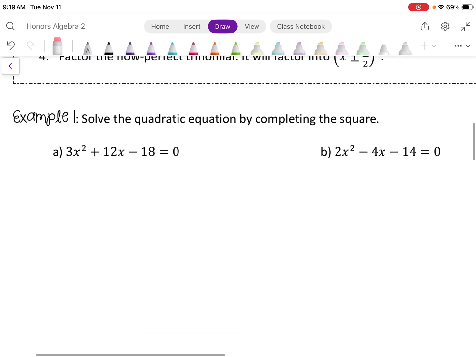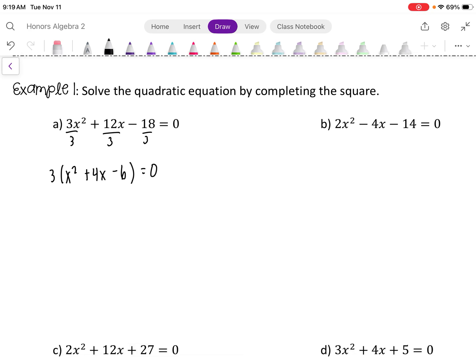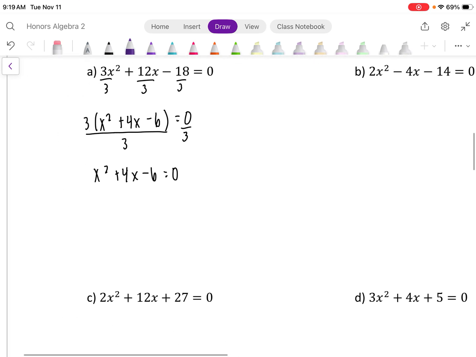So if we're looking at example 1a, we can divide everything by 3. So we have divided by 3, factor out that 3. So we have 3 and then x squared plus 4x minus 6 equals 0. Okay, in order to solve, we divide both sides by 3. We have x squared plus 4x minus 6 equals 0. And then we do what we did yesterday. We solve